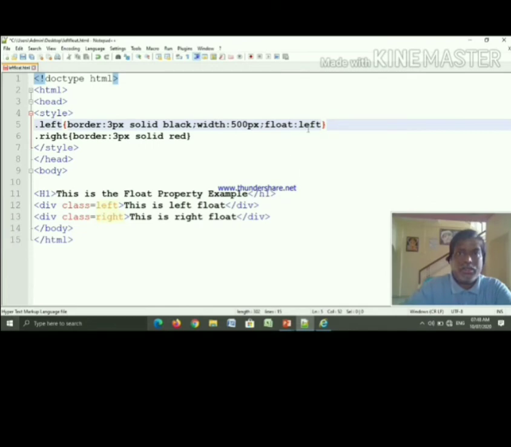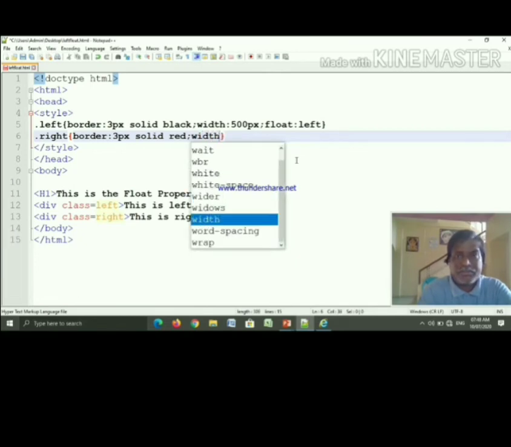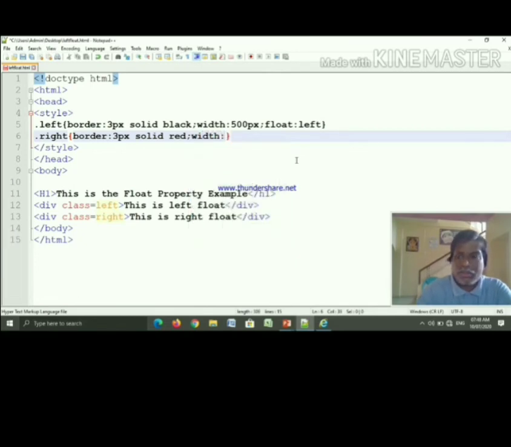Okay, and for right also use width, equal to 700 pixels. Right now we just provide width, we are not using the float property.